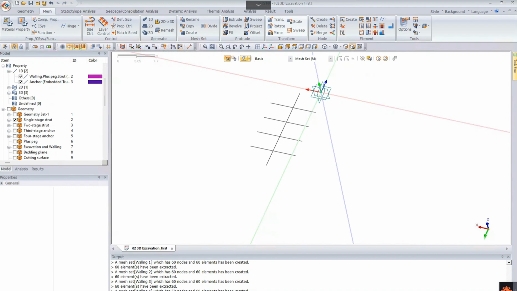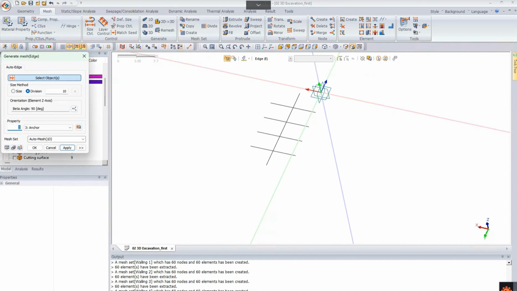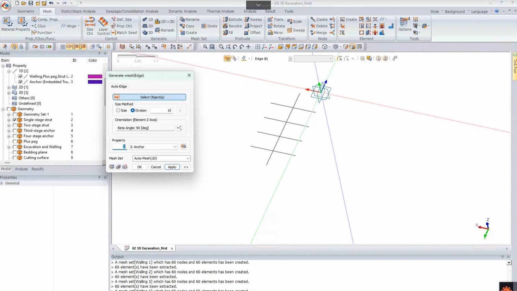So select this by 1D generate mesh. We select single stage stress, one size control, select stress, and this is the stress one. Apply,